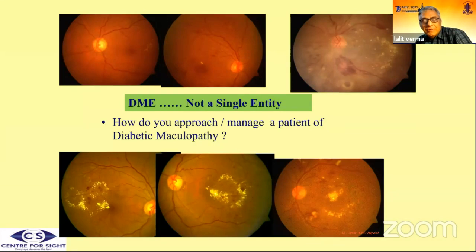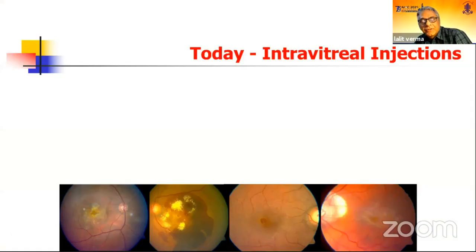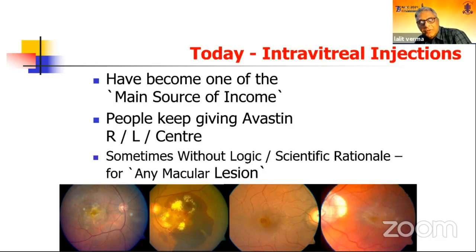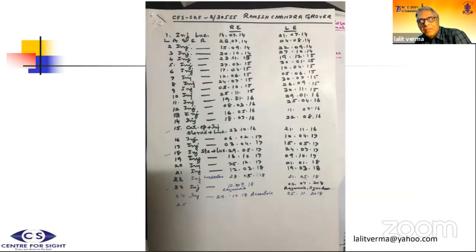At the outset, let me confess that DME is not a single entity. There are myriads of approaches available, and clinical manifestations, like the upper right corner, a patient on dialysis, mixed kind of retinopathy, so much of boggy edema. So you can't have one tailor-made approach to every patient. So today, everybody, even general ophthalmologists, go on giving intraocular injections to all patients, any macular pathology, because they are an easy source of income.